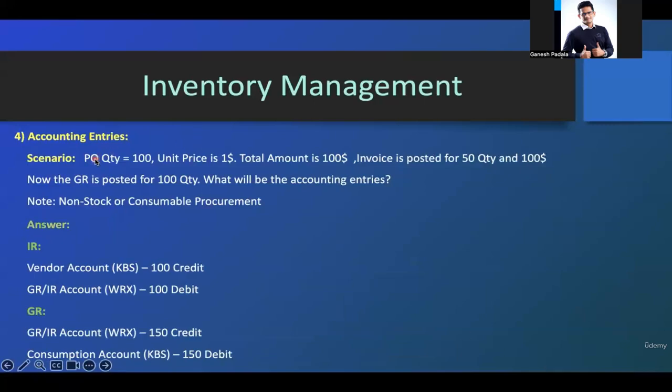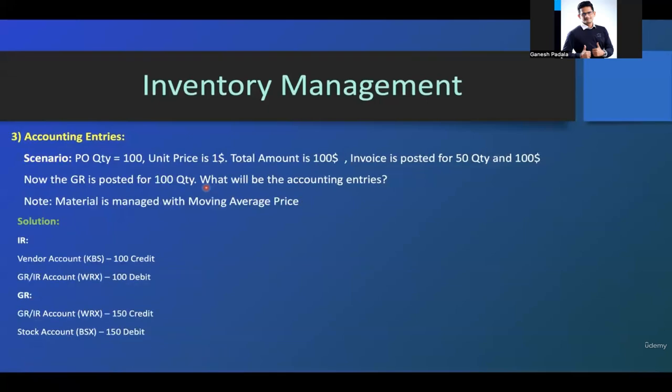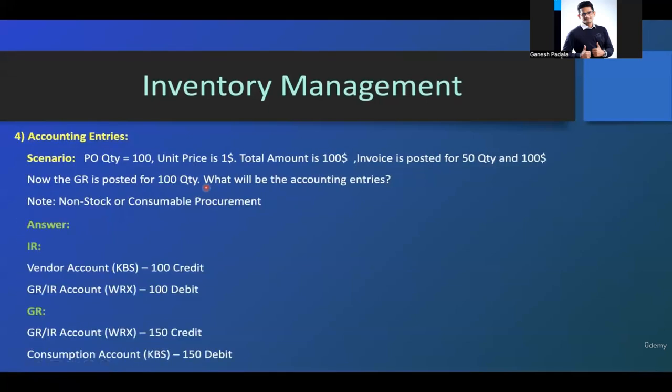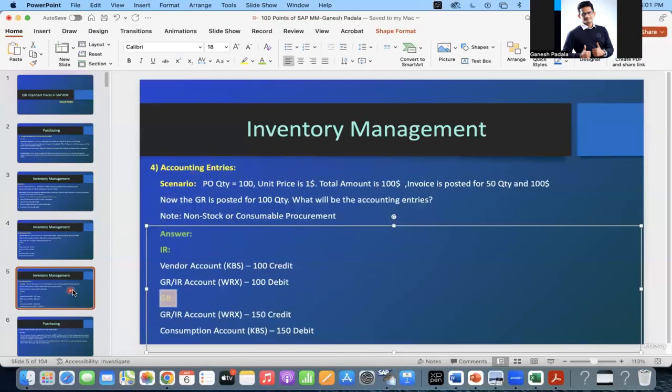Okay. So PO quantity 100, unit price $1, total amount $100, invoice is posted the same way. Now the GR is posted for $100. And what will be the accounting entries? So this will be